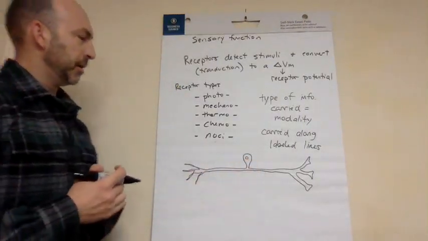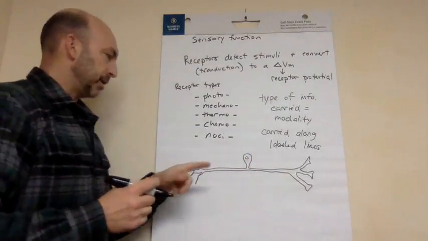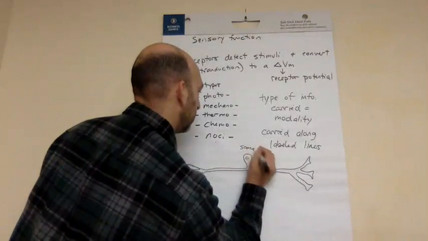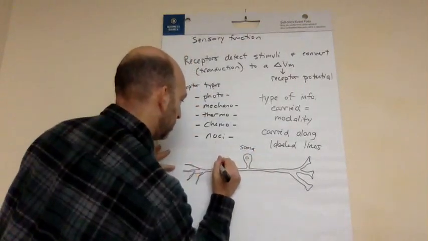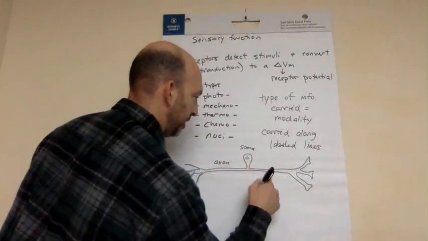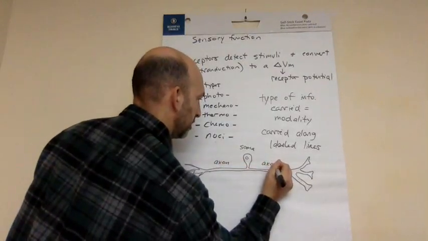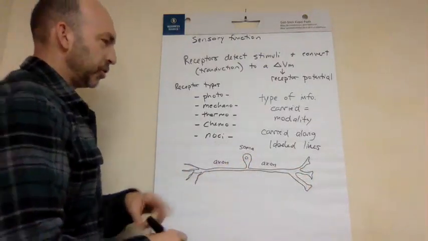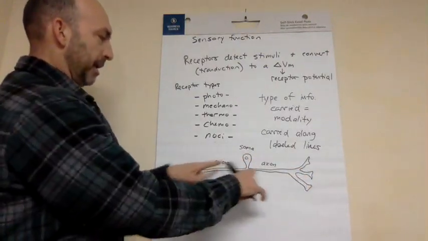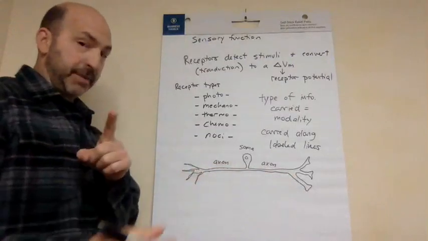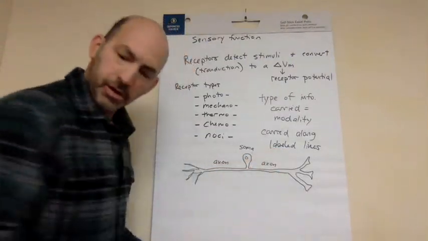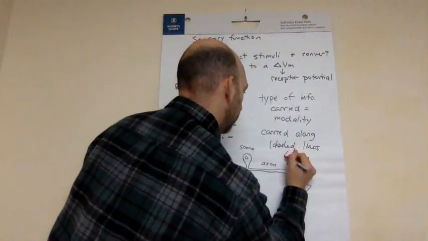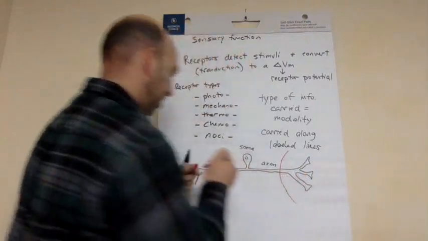So there's our pseudo-unipolar neuron. That's the soma. This is axon, and this is axon. The axon kind of runs past the soma, offset to the side there. There's actually a peripheral axon, this part, and a central axon. Not all that important, but if you think about it, it makes sense because, and I'm just going to draw a red line here to indicate a break,